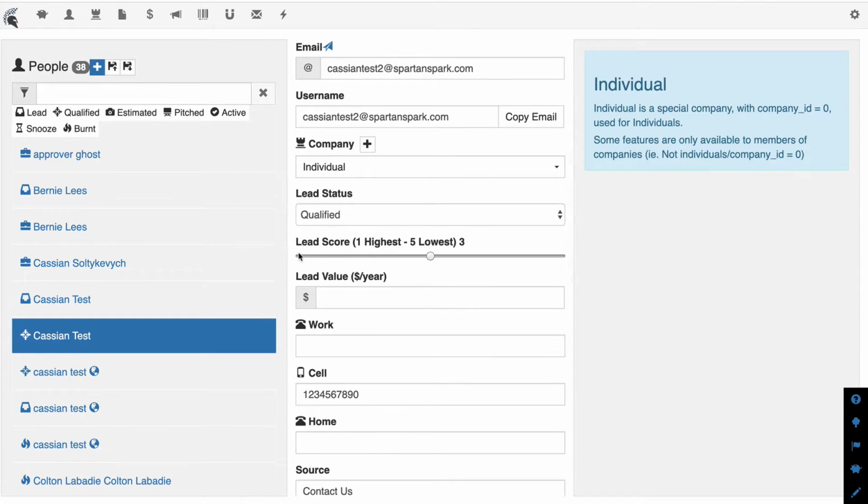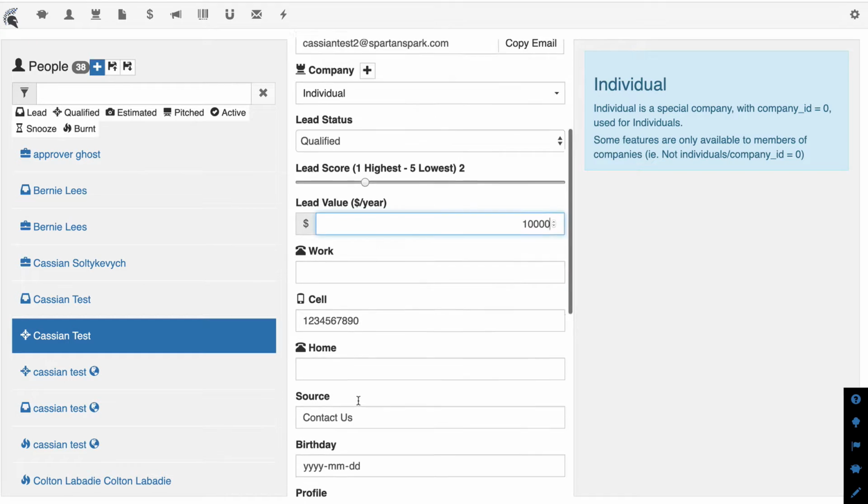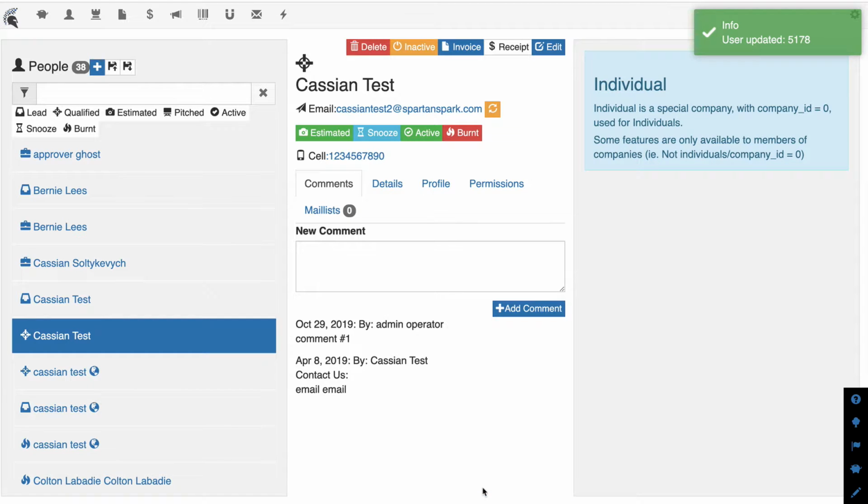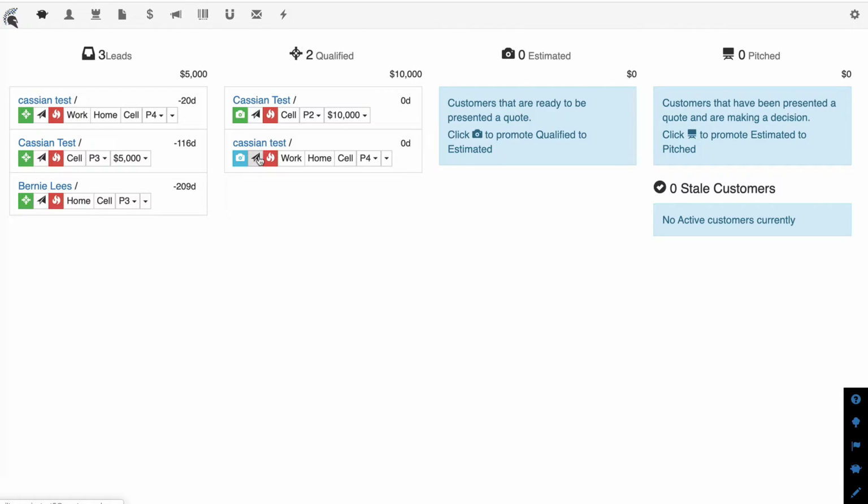I can also do a lead score. I can say, this is a really good lead, I'm going to put it as a 1, or actually not super good information, I could put it as a 5. I can also use the lead value to type in what my lead is worth, and that gives me an idea of what's happening in my lead funnel. So I'm going to update that, and when I click back on my piggy bank right up here, I can see that in my qualified section I've got